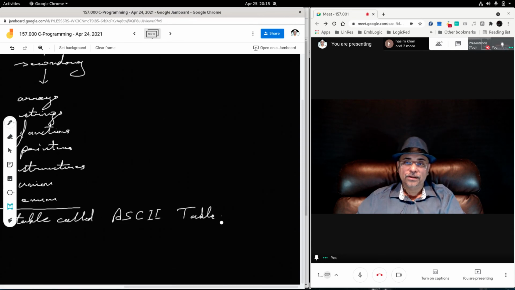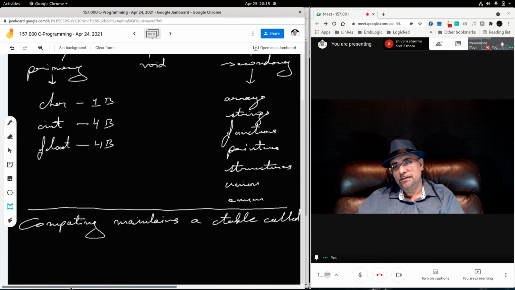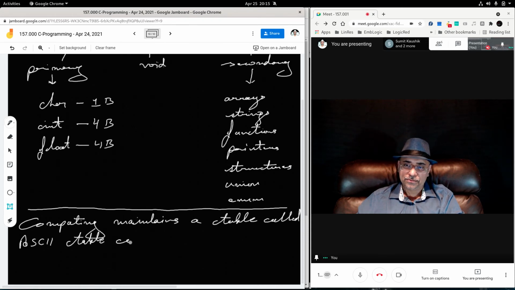Okay, this ASCII table contains 256 unique characters,